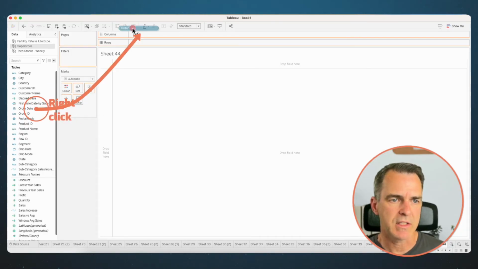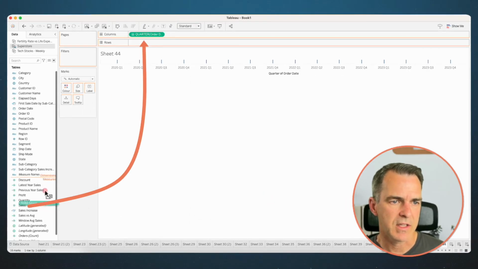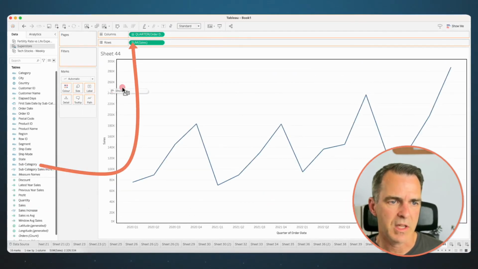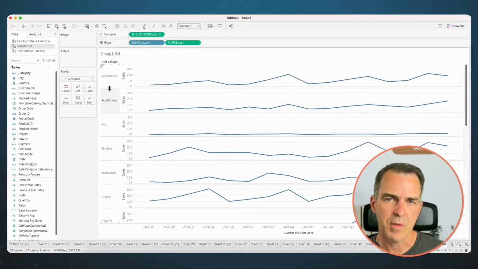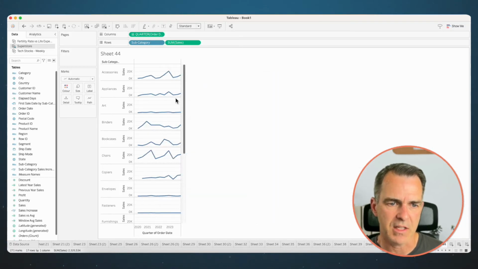Next up, Sparklines. Right-click and drag order date to the columns, and pick continuous quarters. Click on OK. Drag sales to the rows. Drag subcategory to the rows. To make it a sparkline, we want to shrink up the height of each row, and we want to take the right-hand side of the line chart and drag it over to the left to make it a nice tiny